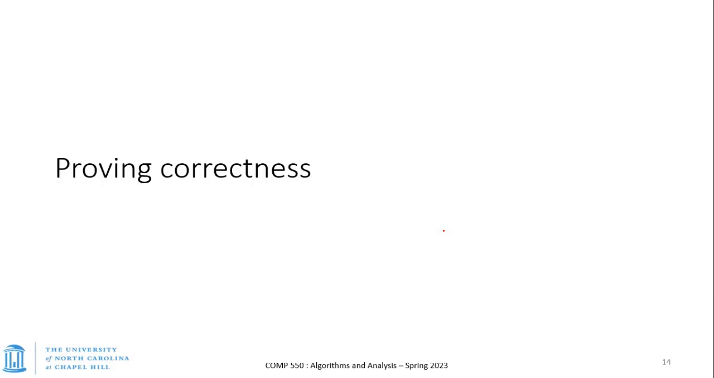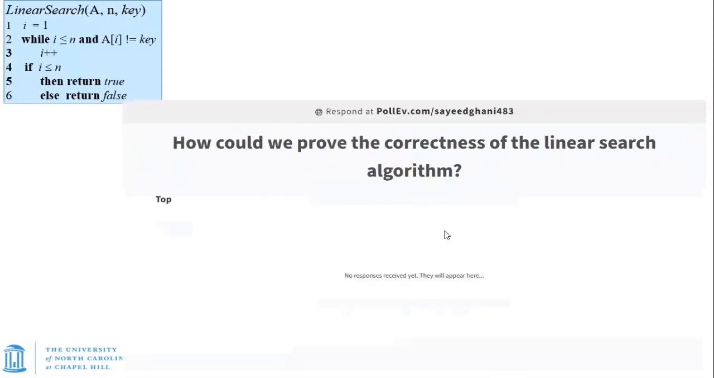So now, proving correctness. This is an important part of this course. This is a different way of thinking, and now we're going to look at how one proves the correctness of an algorithm. Let's say we have this particular algorithm, the simple linear search. How does one prove this? I've already given you a hint that we're going to use something called